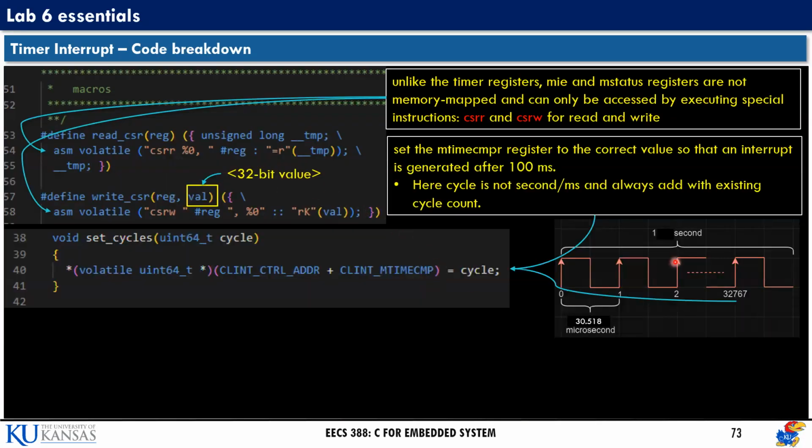This is also straightforward. We are setting the M time compare register to the correct value so that an interrupt is generated right after 100 milliseconds. So in this lab task, our goal is to